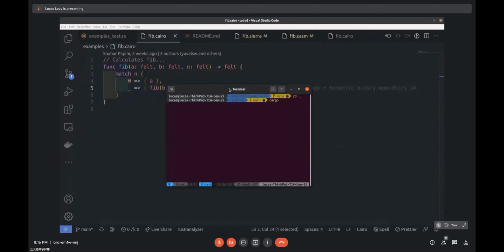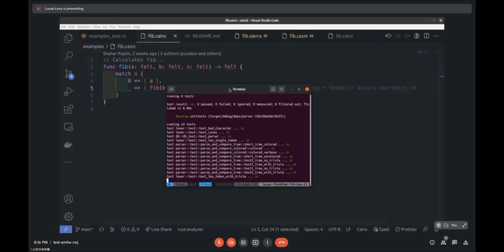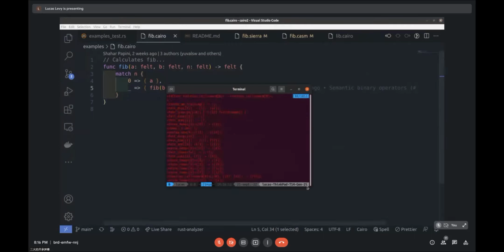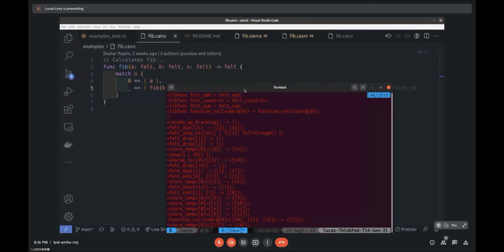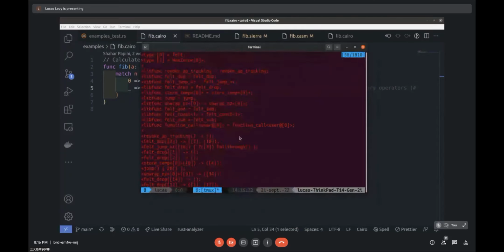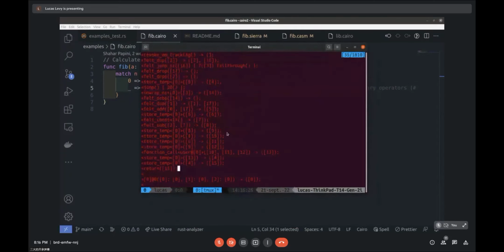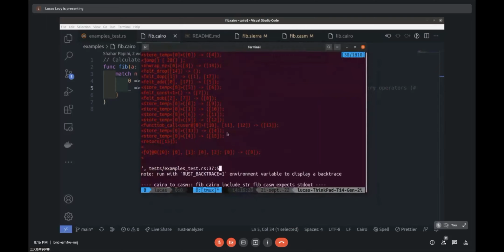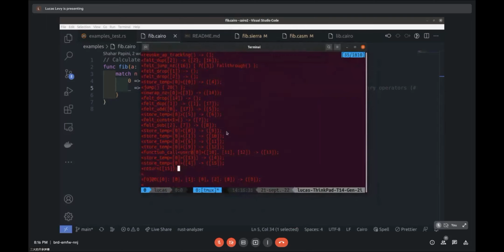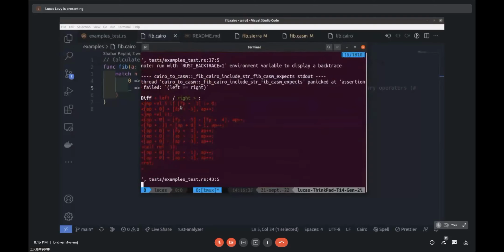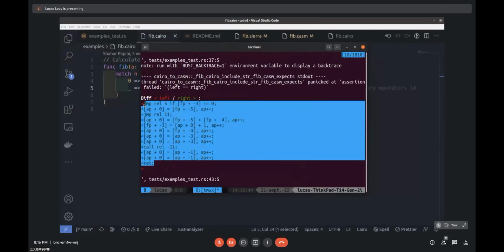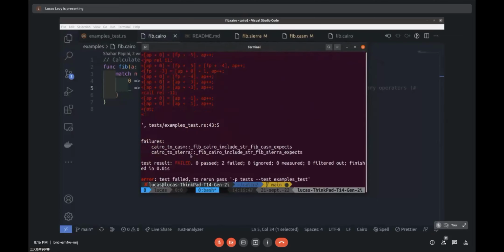I can show it, it will appear red, but don't worry, it's expected. I'm going to zoom in. This is the Sierra representation of this snippet of code. You don't have to know how to code in Sierra, don't worry. It's just so that you know how it works. And here is Casm, which is Cairo Assembly, the low-level Cairo that they used to write in the first version of Cairo. And this code will be compiled to Cairo bytecode.